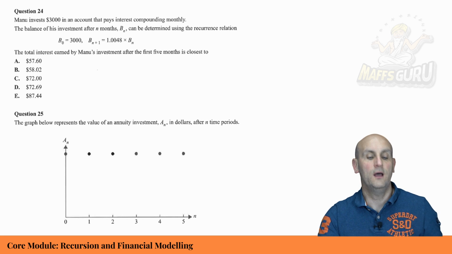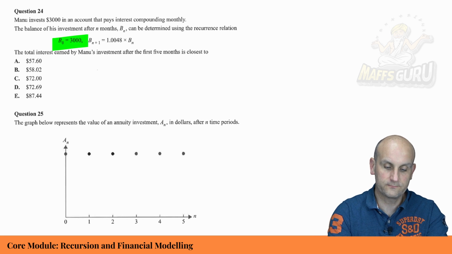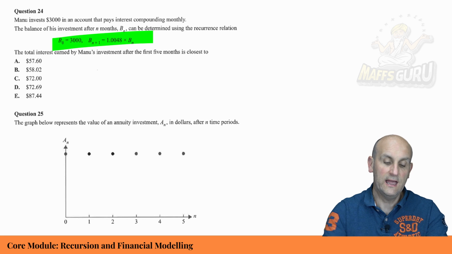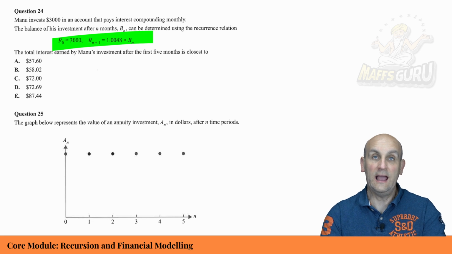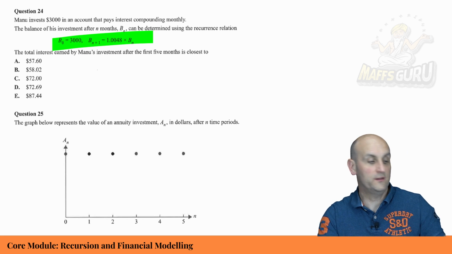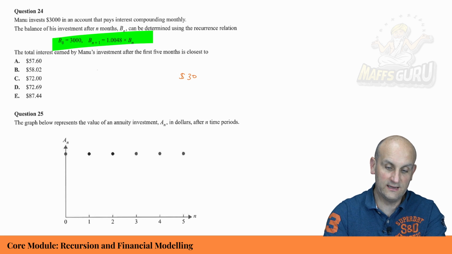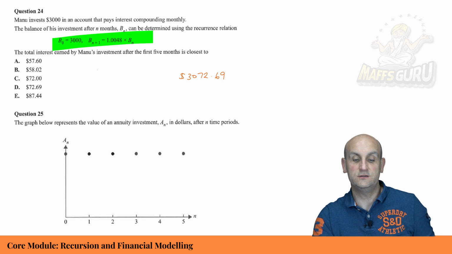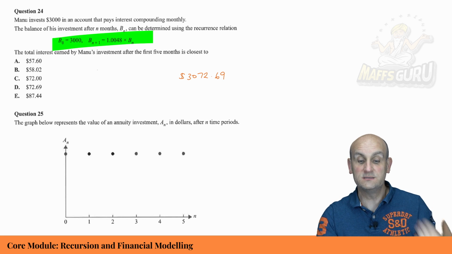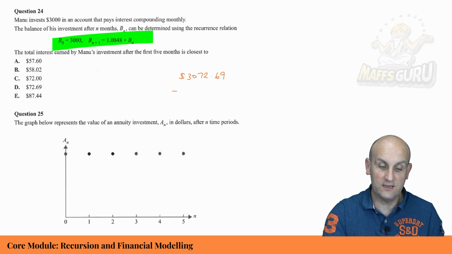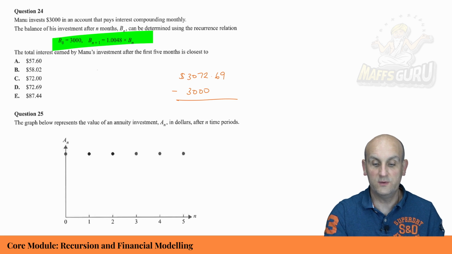Now, when I did this, I basically just put this formula into my sequences, and I worked out and said, well, okay, how much money did I have in the bank after those 5 months, or Manu have? And basically just reading off the screen, and again, not doing that in this particular question, gave me $3,072.69. Because it wanted the interest, you would then take away the principal of 3,000, which gave you